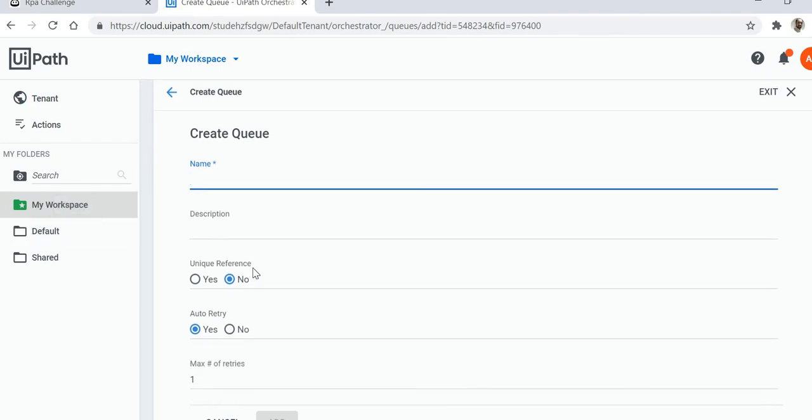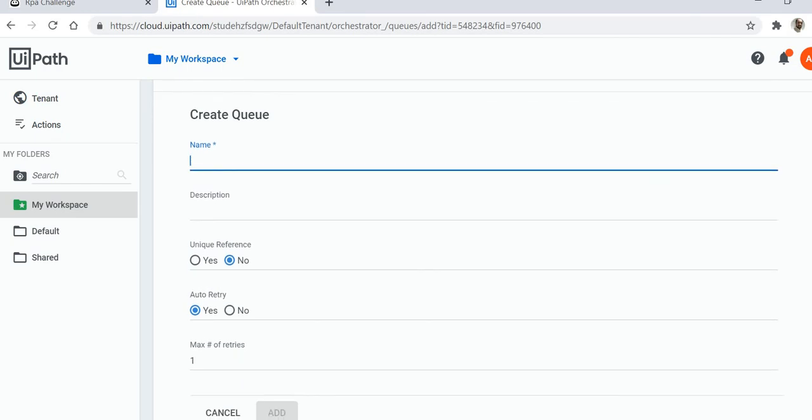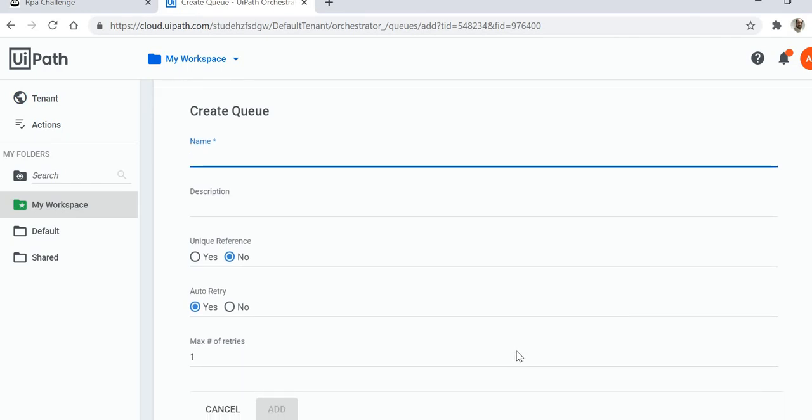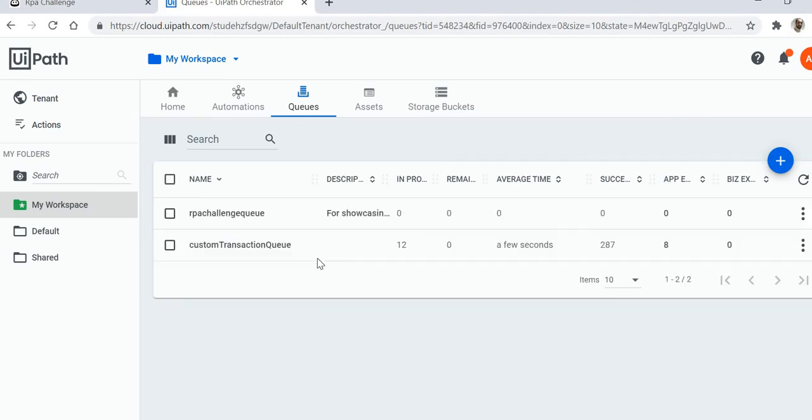This is used for filtering based on a specific column name. Like if there is a student record with pass, fail, and average, or if you have a color identification, red, green, blue, then you can specify the unique reference using the particular column as a status. That's again auto retry. There is a max retries; you can have it like 50. I just used one, so if the queue item is not processed properly, it can retry once again. Okay, so that's how I created it.